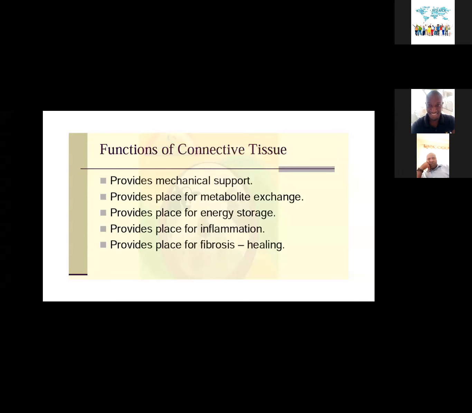It would be actually very weird to see each and every animal, including us as humans, if we didn't have connective tissue, we would basically be moving skeletons with very distinct structures. But we've got this consistency in how the body flows, the way God made it. It made it in a beautiful way so you're able to see consistency even when the body parts are changing. So it's this connective tissue that tends to hold all these particular single muscles and single organs in place. So it also provides a place for metabolic exchange. So with this one,